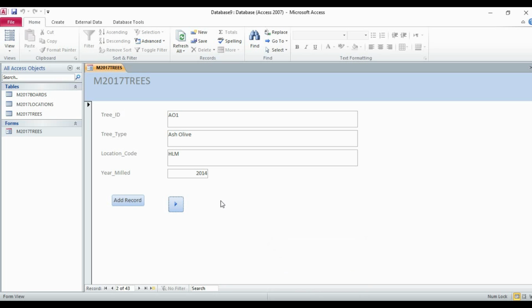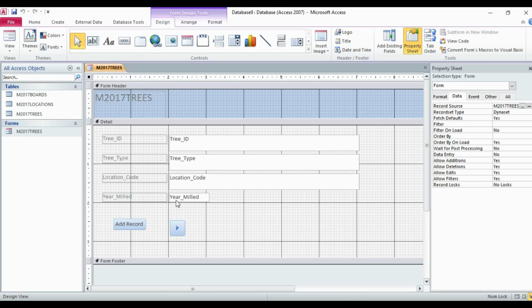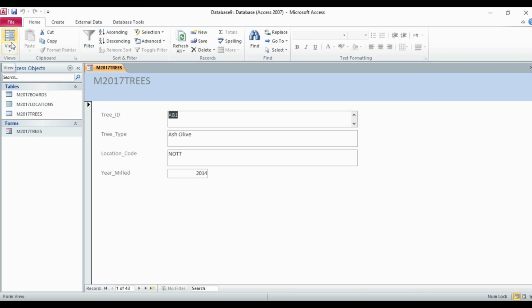First of all, I'm just going to design view of this form and deleting all these buttons. This was just shown to you to understand how to create the buttons. Again I'll save it and we'll go to form view. Now in this, other than this, what can we do?